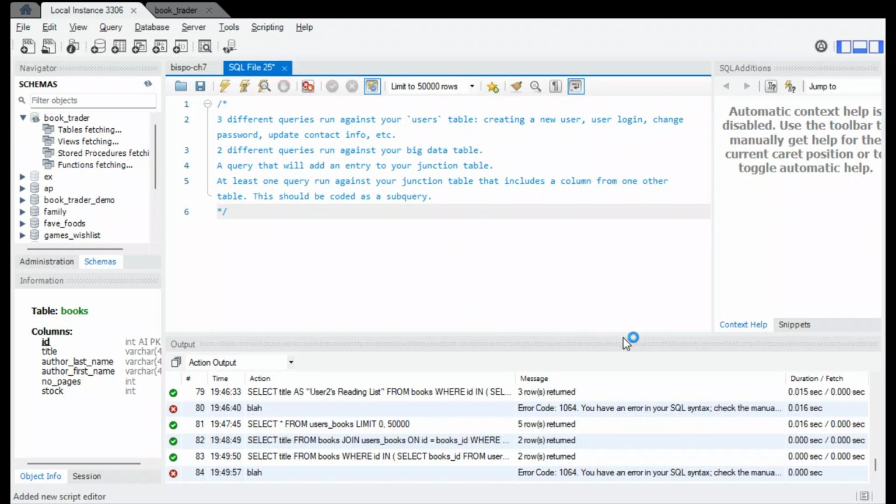Okay, so hopefully you guys can see my SQL workbench here. If you can't, let me know. This part, by the way, does not need to be submitted anywhere,